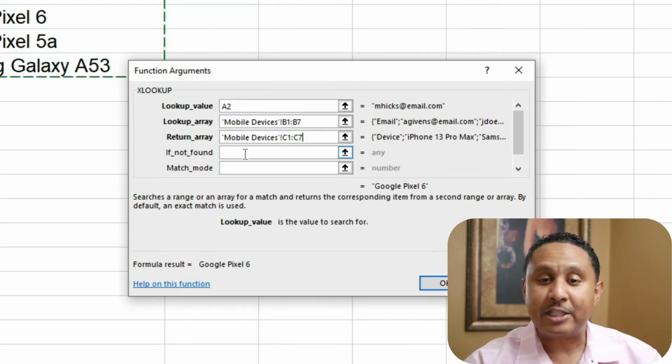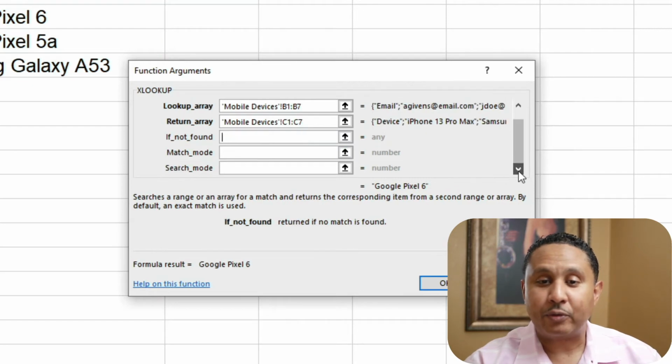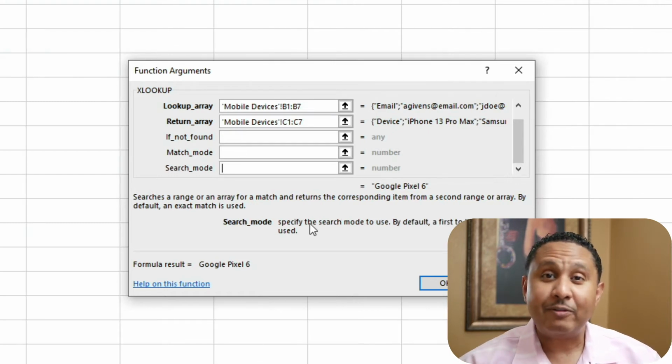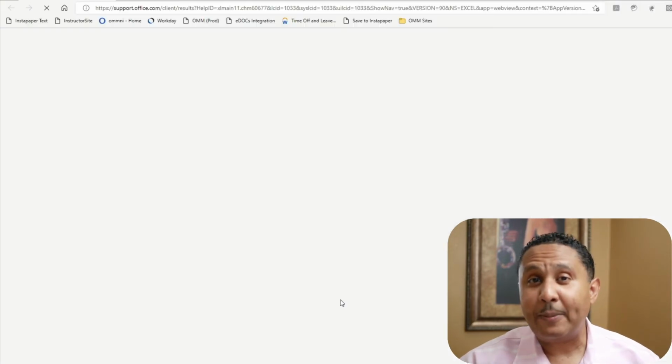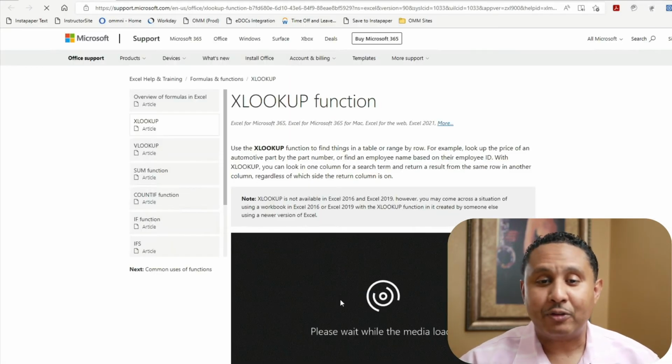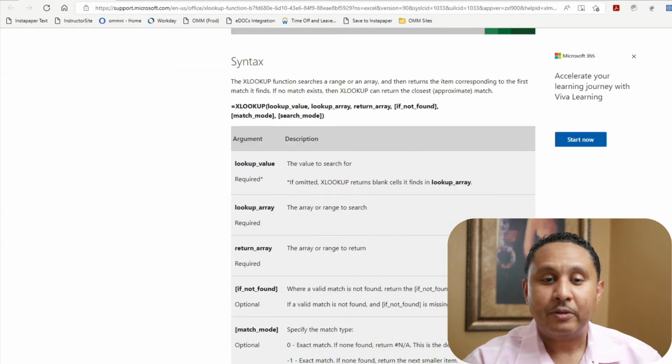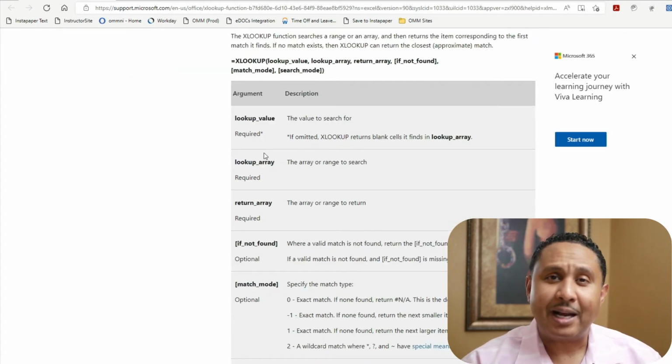If not found is blank, match mode is blank if we scroll down a little bit, and search mode is blank, and that's okay because these items are not bold, which means they're optional. How do you know what values to put in there? You can click here, help on this function, which takes you to a web page that shows you the different options that are available. If I scroll down a little bit on this page, you'll see a table that explains what the options are, what they do, and what values you can put in there to control the behavior of